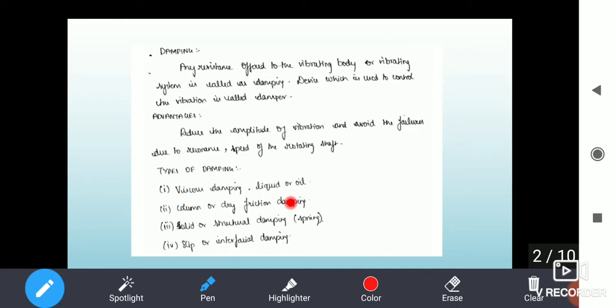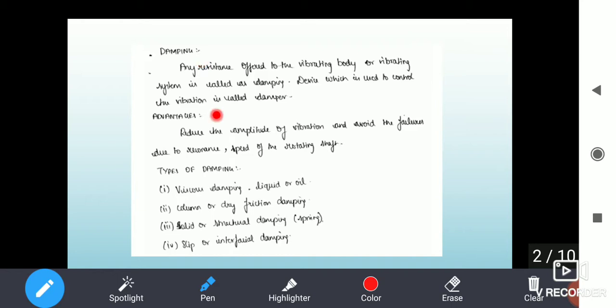So for instance, if we take an example of viscous damping, here we are using liquid or oil. So what happens is partial friction and partial fluid is utilized in eliminating the vibration. Before going into that, we should know what is viscous damping. Damping provided by a fluid resistance is the viscous damping, and here partial friction and partial fluid play a major role. So in damping, motion of a body is resisted by a frictional force. In a vibrating system, the effect of friction is referred to as damping.